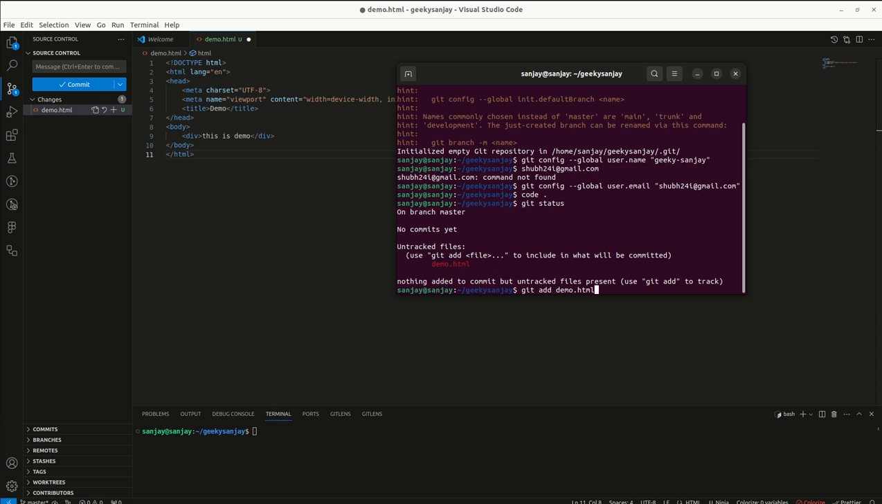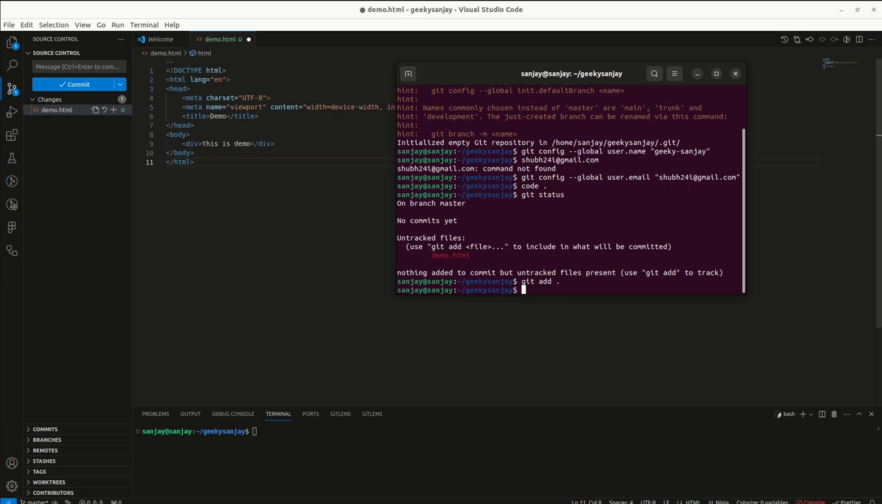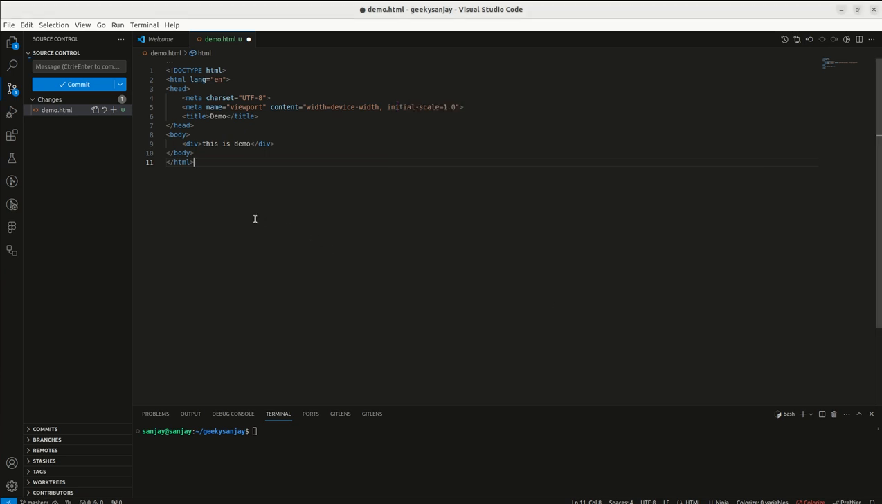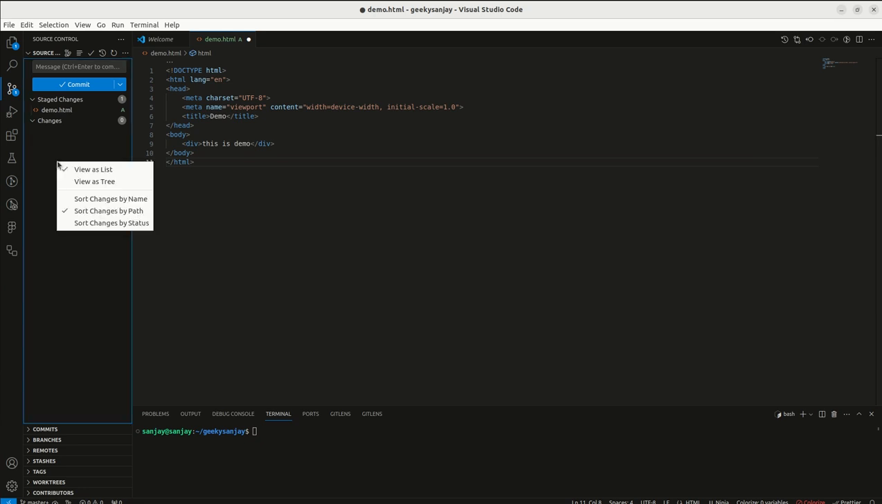But if you have multiple files, then you can simply click on the dot, and whenever you do, it will add the files. If you can see, some changes have happened here. Okay, so to show the changes, we will create one more file here: file, new file,